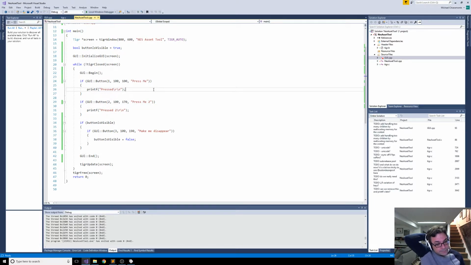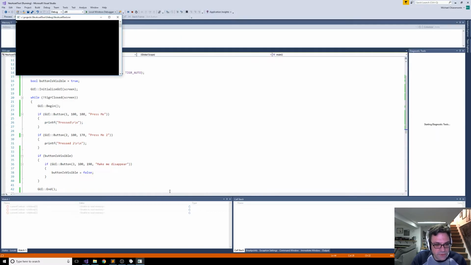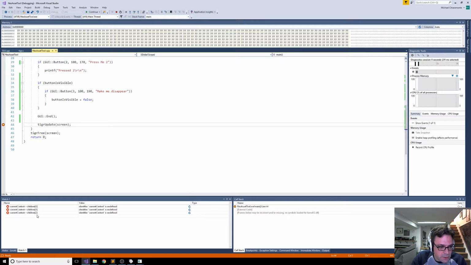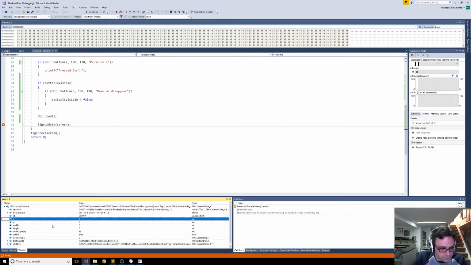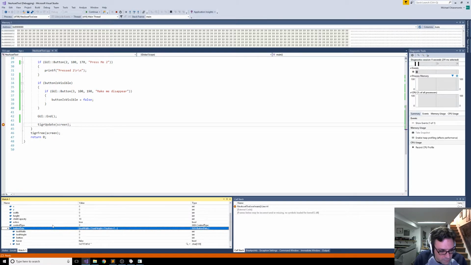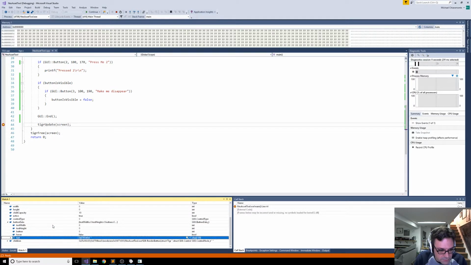Now, let's see. So the next thing we should be able to do is text labels. That should be relatively straightforward. One thing I just wanted to show was the thing that I was talking about before, where, if you're not familiar with Visual C++ or Visual Studio and C++, I should say,